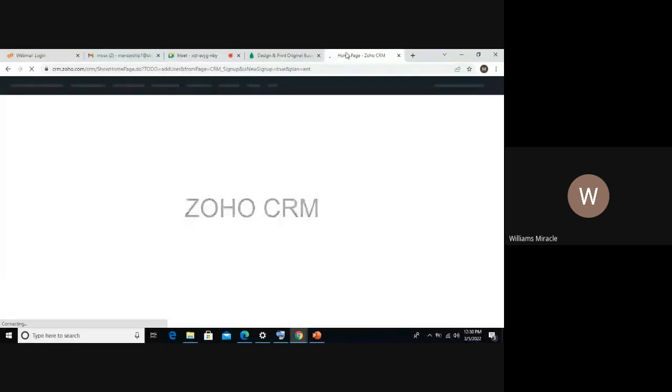Okay. So part of what we are doing is that we want to access the Zoho Dashboard. So this very application is very, very important as it helps manage your business, both your customer relations in a better way. It helps you to streamline your organization in the aspect of sales, in the area of marketing, customer support, inventory management functions, everything being integrated in a single system. So we are trying to sign up so we could get started.